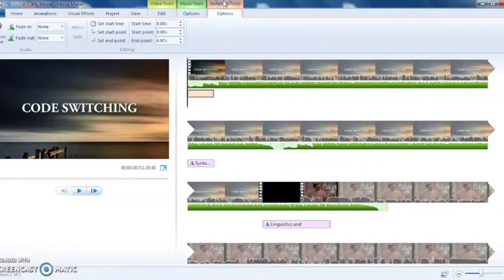And here again you can see you can adjust the narration volume. You can do the same sort of things that you would do with the background music. And you'll want to